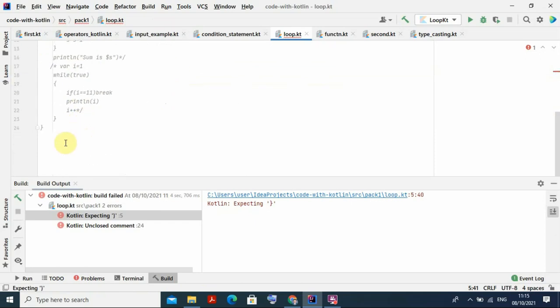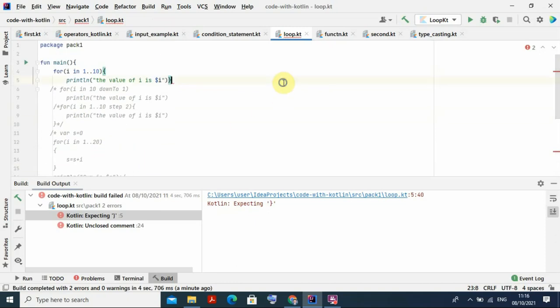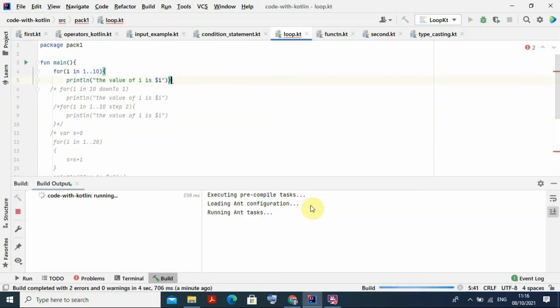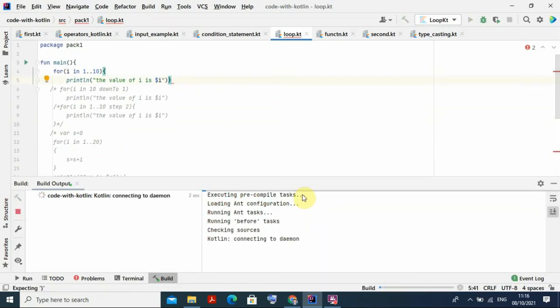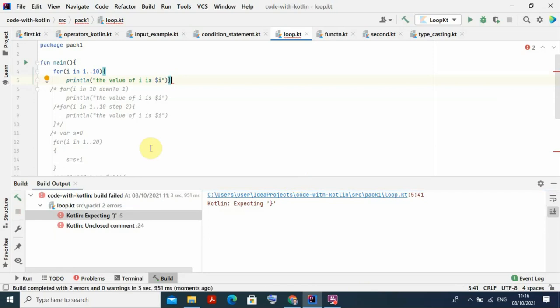So then for this thing we put it here. Okay, then in that case you remove this and go up to this. Okay, so shift star and forward slash, just the number of braces is to be properly checked, right? So run this thing and you can have it here. Still it is showing number 5. Where is that line number 5? Print line the value of I is $I. What is the problem?